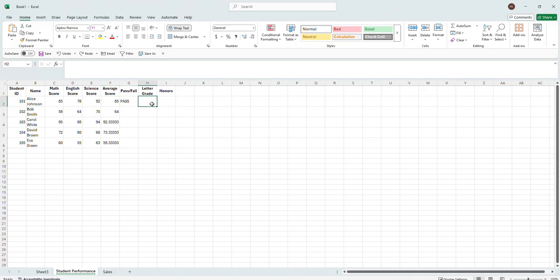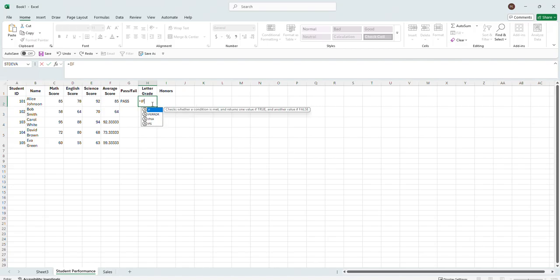So let's build upon that. Let's say equals, again, if, open parentheses, same here, this is the grade or average score, this is greater than or equal to 90, right? Then we're going to give them grade A,